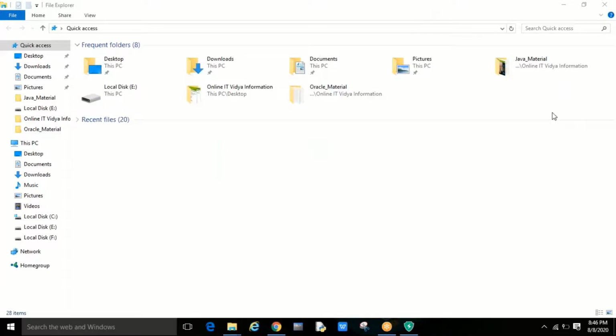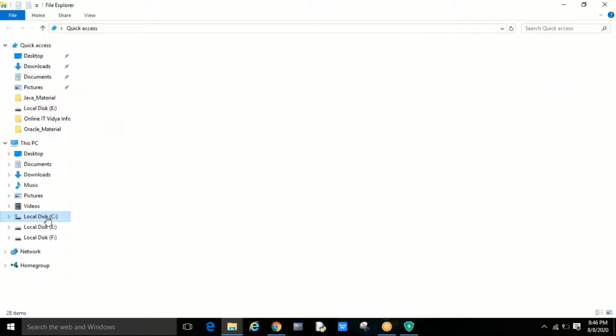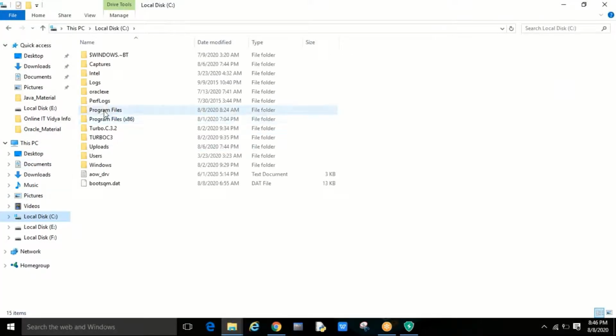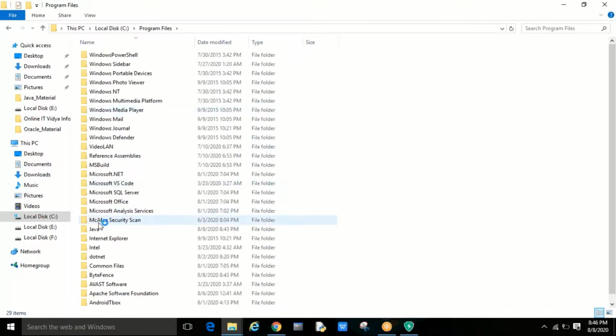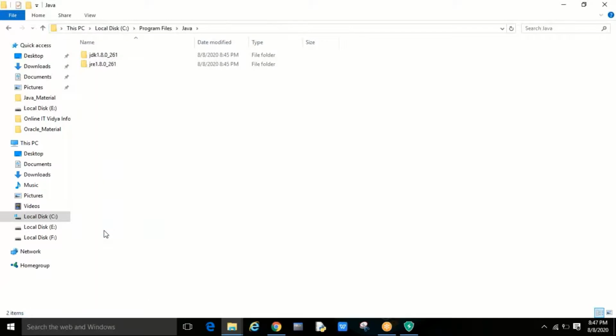You can check here where Java software is installed by default: C drive, Program Files, Java folder. Open the Java folder. Here are JDK and JRE.